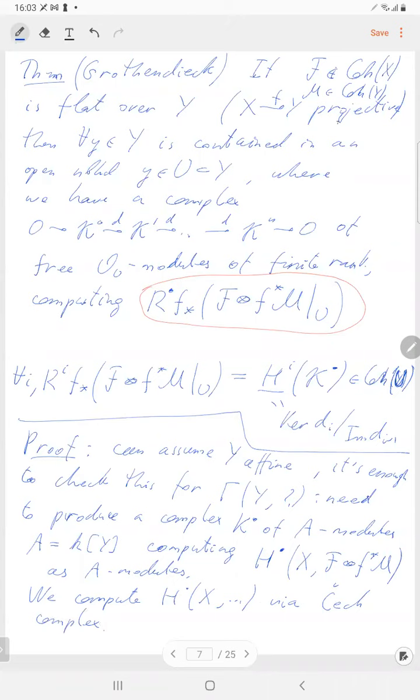And now we take a covering of X. This is an open affine cover. And we proved last time that the cohomology